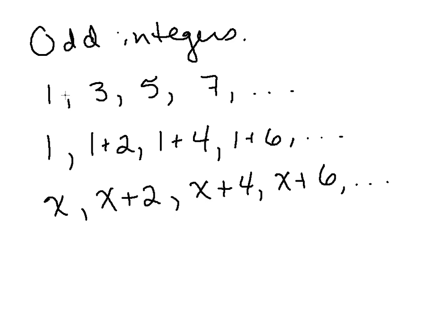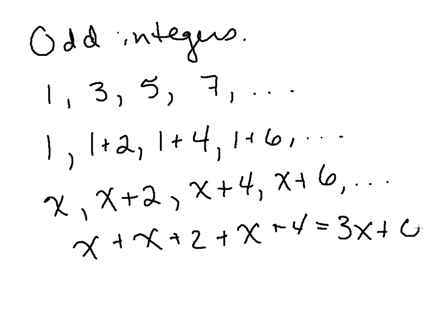If you think about it, it kind of makes sense. The odd integers are 2 apart. The even integers are also 2 apart. The only way this works out in terms of an equation is that when I add together 2 consecutive odd integers and I get a certain sum, it just will work out the way I expect it to be. So let's say I want to have a sum of the first 3 consecutive odd integers. It'll be the same as the first 3 consecutive even integers. So this would be 3x plus